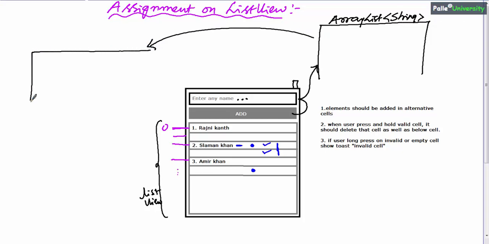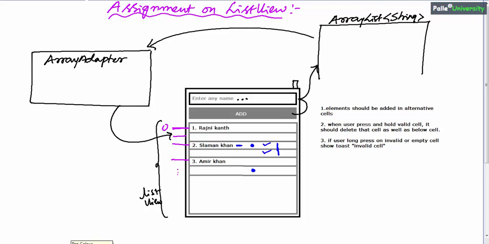So in this example, you should also use one array adapter. We also know that when you notify the adapter, the adapter will automatically push the data to the destination, that is the list view. I hope you remember in this pictorial representation which is the source, which is the destination and which is the bridge.